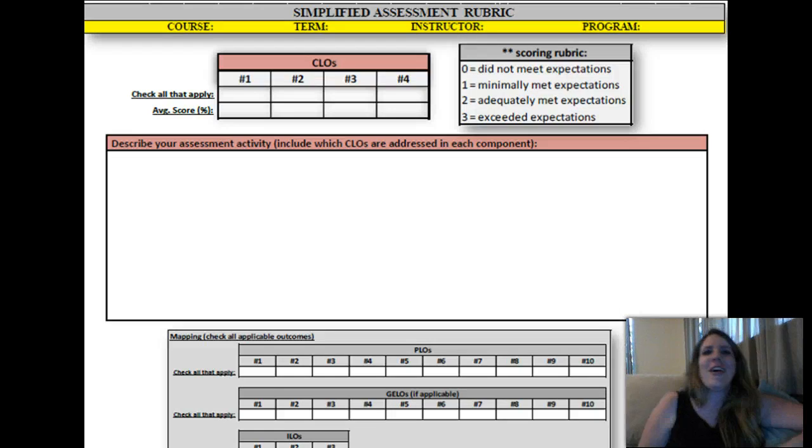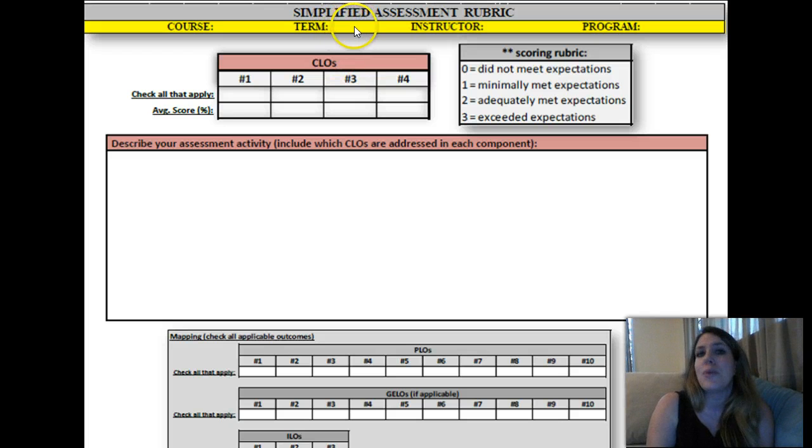Here you go. All right, so this is the simplified assessment rubric, and I'm going to show you an example of how you would fill this out. But very simple. You're going to be able to complete 99% of this today. You're going to put in what course are you assessing. So if I was doing Biology 101, I'd put Bio 101. The term that you're assessing it, because remember, you're going to want to do this every single semester.